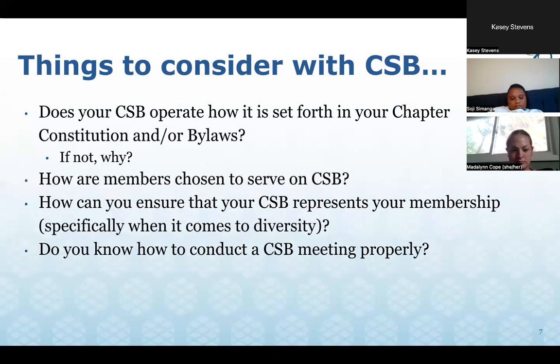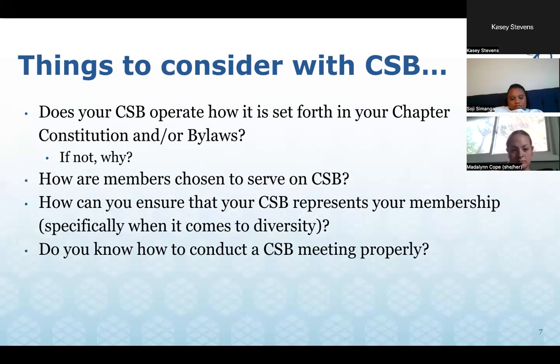We had an application process where folks put their names forward, but we also had a few exec board members who were required to serve on chapter standards board. All of this was written in our constitution, and it still is. So make sure that how folks are chosen to serve, whether they're appointed or elected, is documented in your constitution